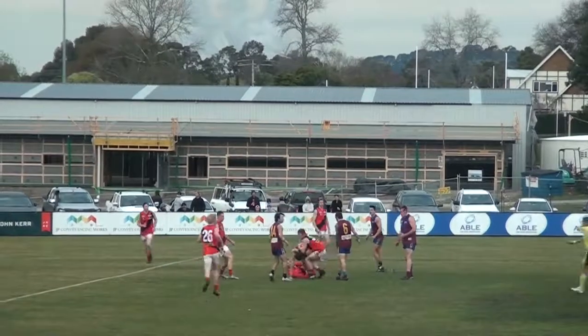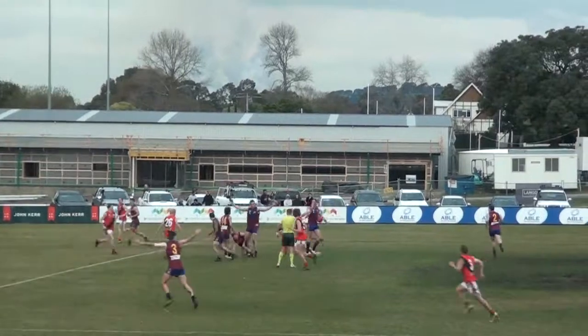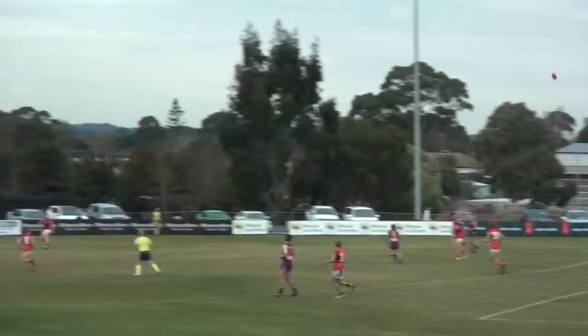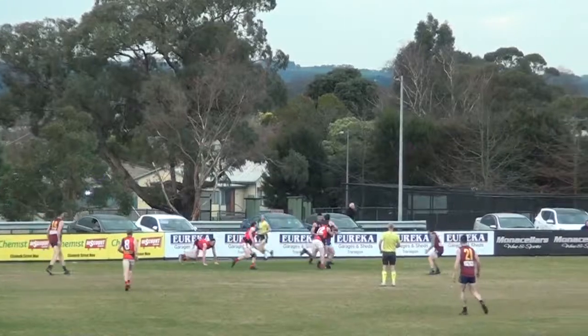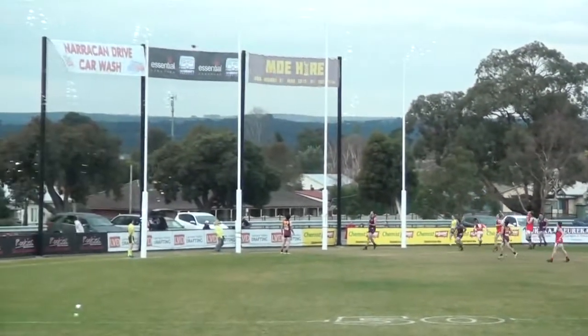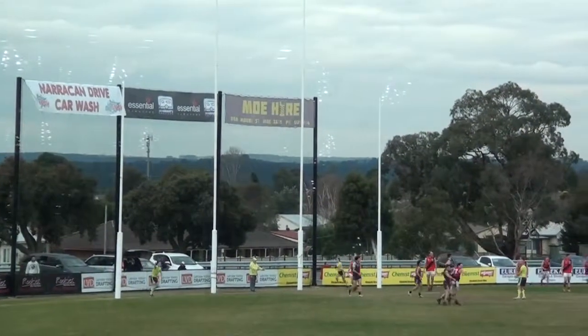And he fights hard and gets taken high. And he's not happy about it, White, either, I can tell you that. But he'll get up with the ball. Even though he's 70 metres from home, he gets up, kicks long. Oh, nice leg, 65 metres to within a handball of his own goals. And I'm talking about 5 metres. Farrell threads one through. Now Wood can seal the deal and goes bang through the goals